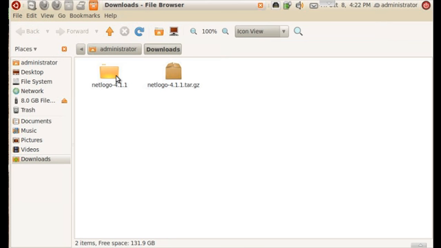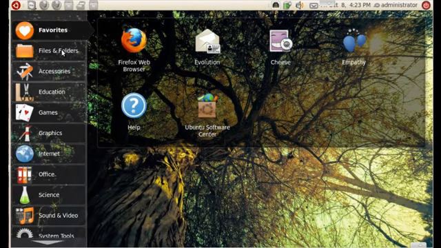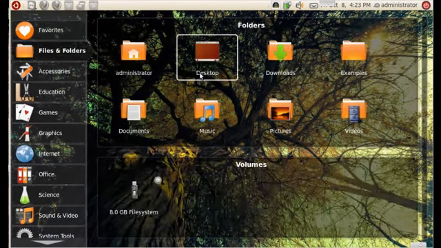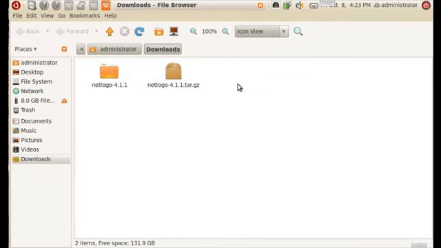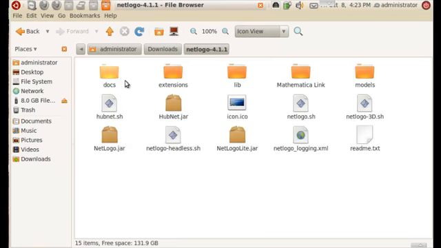Now since this folder is zipped and it doesn't actually install anything into the application, it's not going to be anywhere here. So the problem with this installation is that it works, but you have to go into the folders and find it. So you can actually move that. So right now we put it in downloads. So we're going to go back to Netlogo